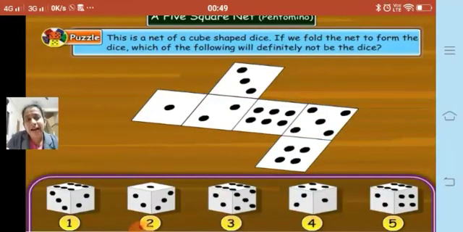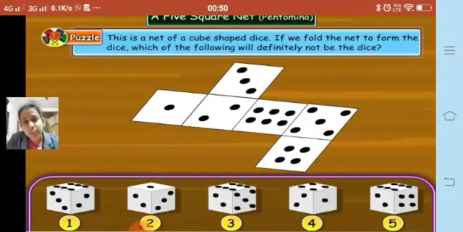I want you all to even complete the classwork book of what we have learned today. I am going to send the photos of what the write-up should be, but you need to do it on your own also. Try to solve the exercise given in the textbook and even this small activity.